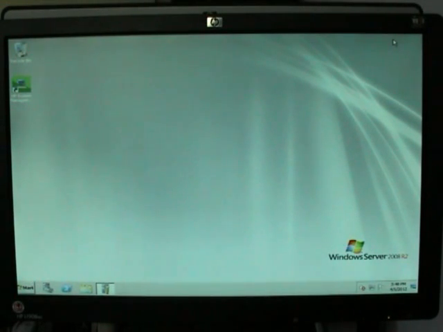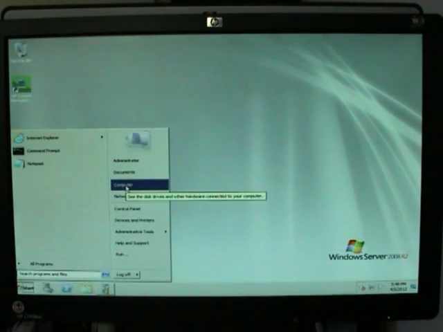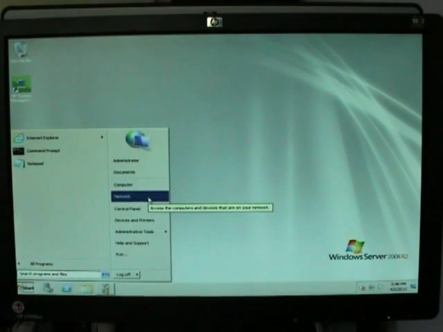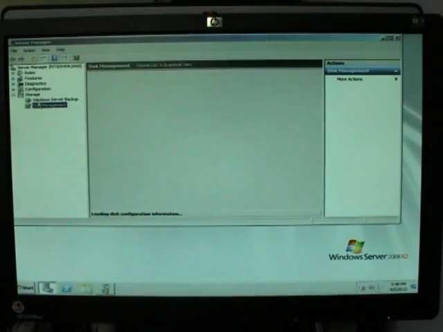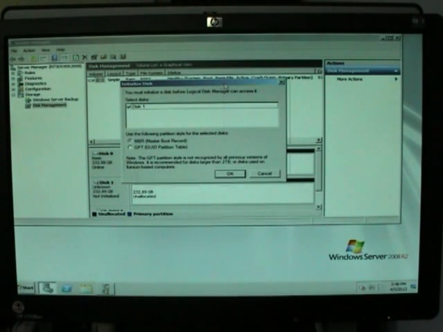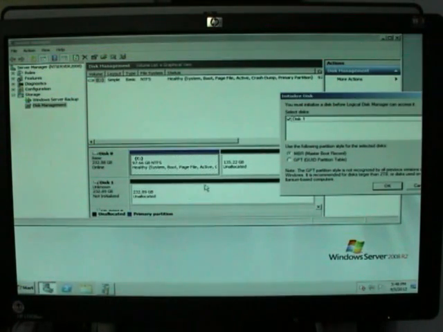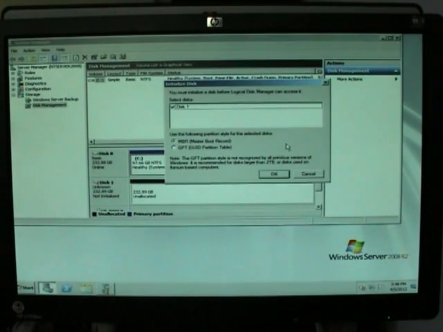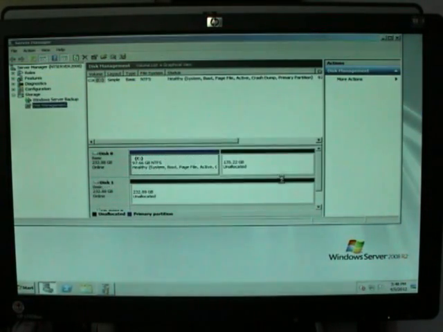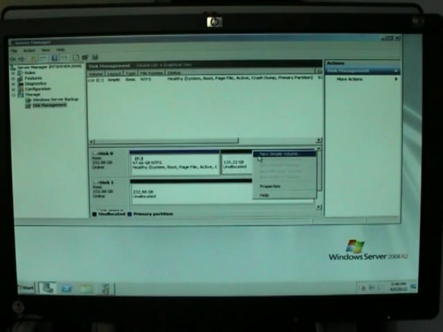We're going to look now at the disk management of this computer. We've got additional disk drives on this computer, we know that, because if you go into Start, Computer, and this is the way I do it, Manage, and you will see the disk size here, we've got unallocated and unallocated here. So let's do OK on this one first, and then get this going. Right, we've got 135 gigabytes of unallocated space here, so if you right-click here,